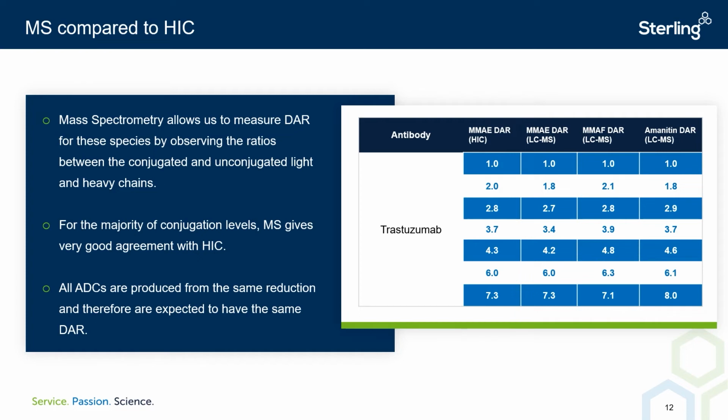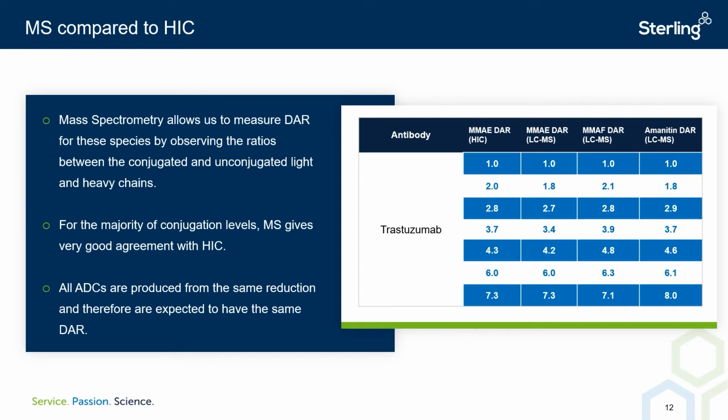Now comparing the LCMS DAR to the HIC DAR, we can see overall across the table a very good agreement with a small margin of error across all these molecules, across all levels of conjugation. This shows how a generic MS method can be really useful for looking at a lot of molecules. One disagreement here in the bottom corner is the Amanitin DAR, where we're getting a DAR of 8 for the LCMS compared to 7.3,